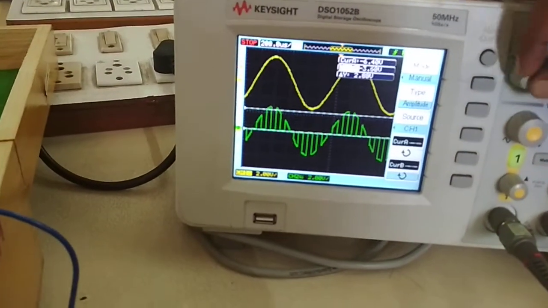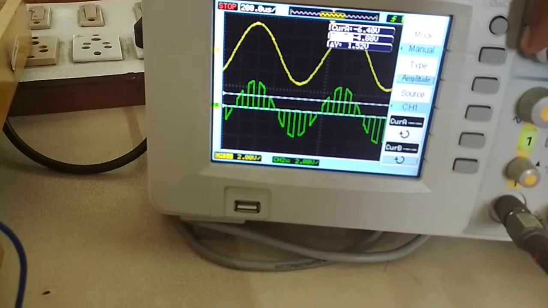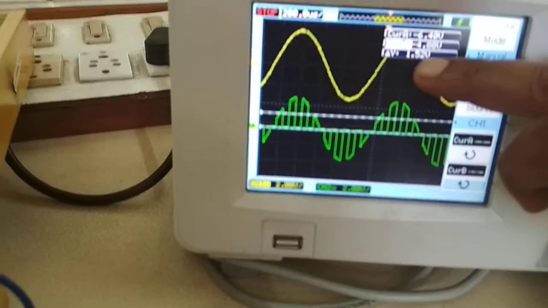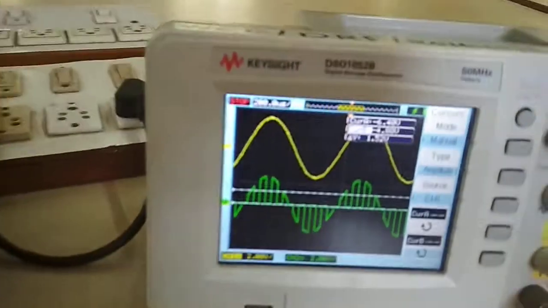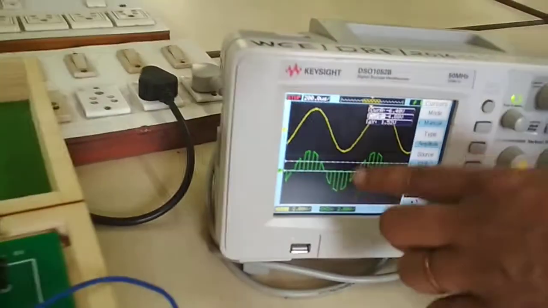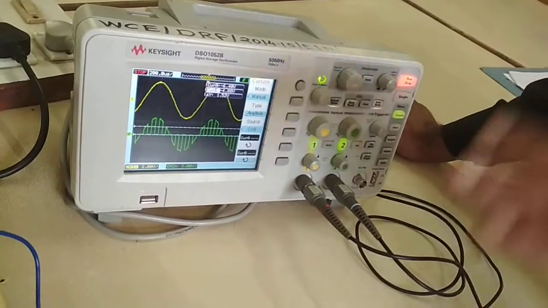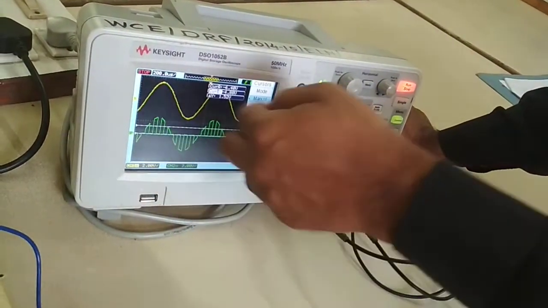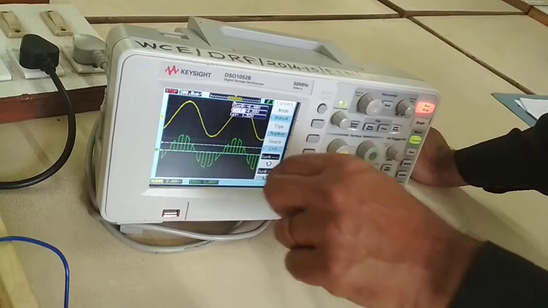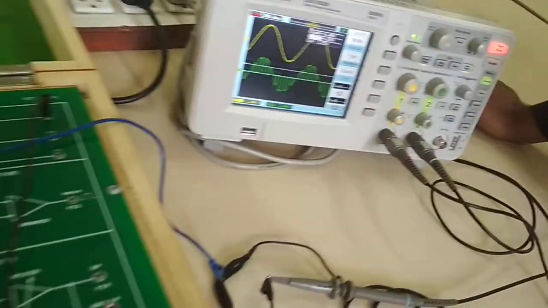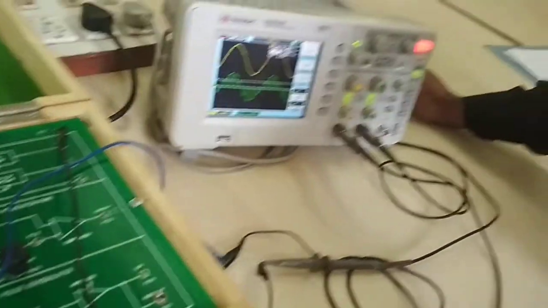So the next task is to measure the amplitude of the smallest part, which is 1.5 volt, right? So this is how we can get the pulse amplitude modulation. In this particular practical, we are not going to observe the readings for all the pulses. We are just testing and generating only the pulse amplitude modulation. That is the main objective of this experiment.